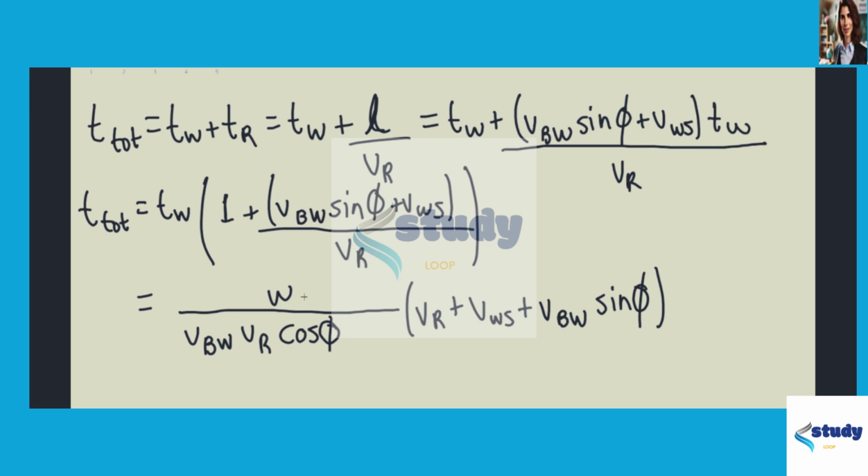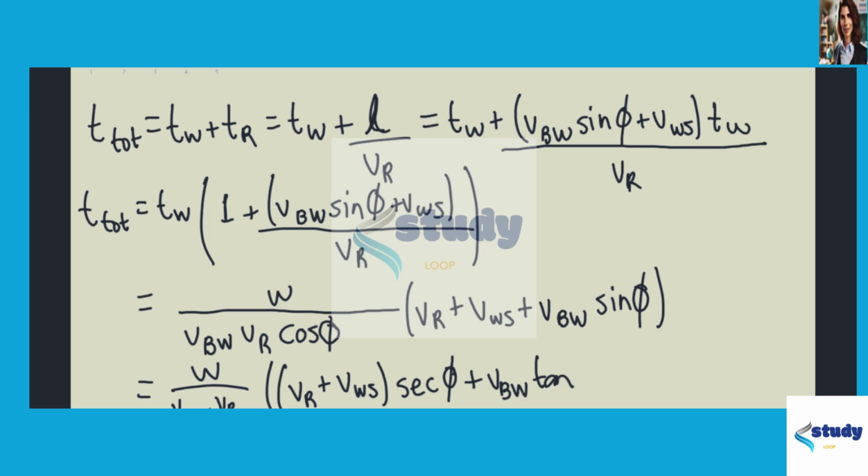And we can say that this is going to equal W over the velocity of the boat relative to the water times the velocity of the man running, times the velocity of r plus the velocity of the water relative to the shore times secant of phi plus the velocity of the boat relative to the water tangent